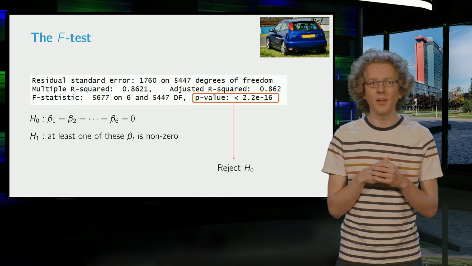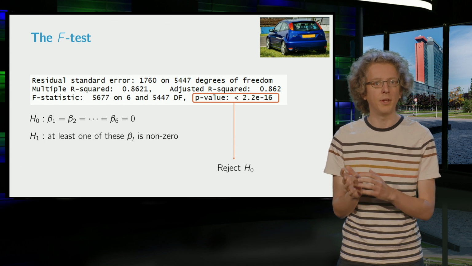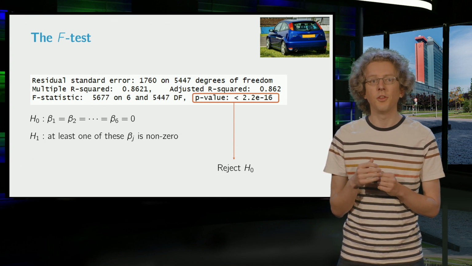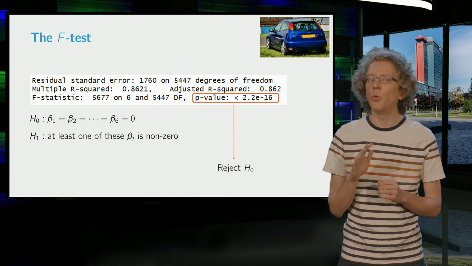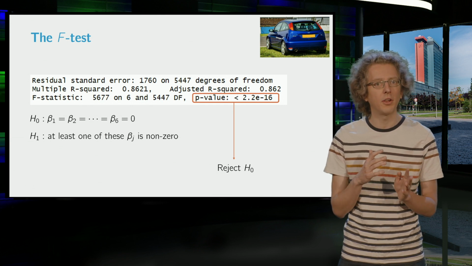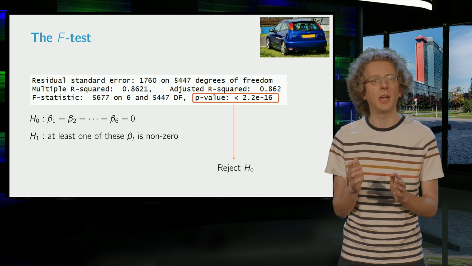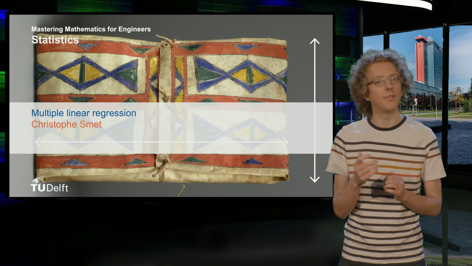Well, fortunately, this null hypothesis gets rejected by a convincingly low p-value. The test statistic has a Fisher distribution, hence the name F-test. We will not bother you with what such a distribution looks like or with any of the mathematical background, so we wrap up this example here and focus our attention on the exercises and on the next video.